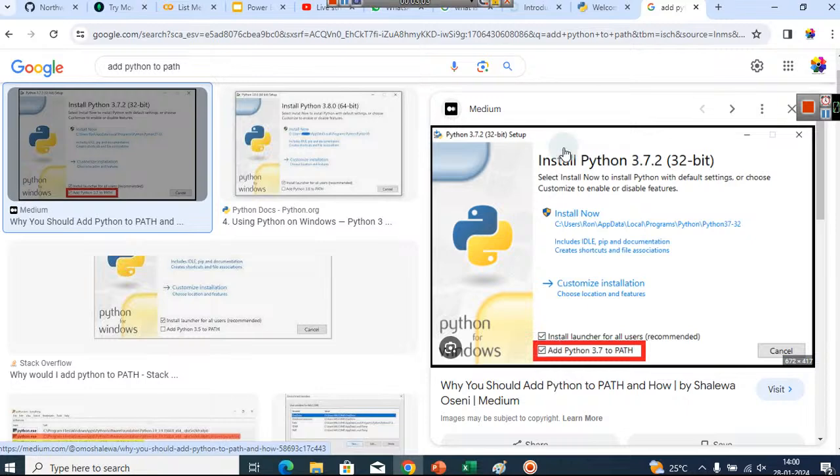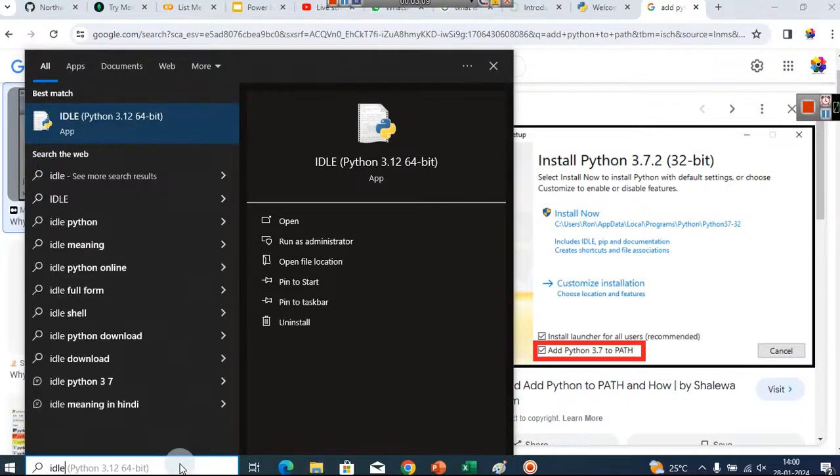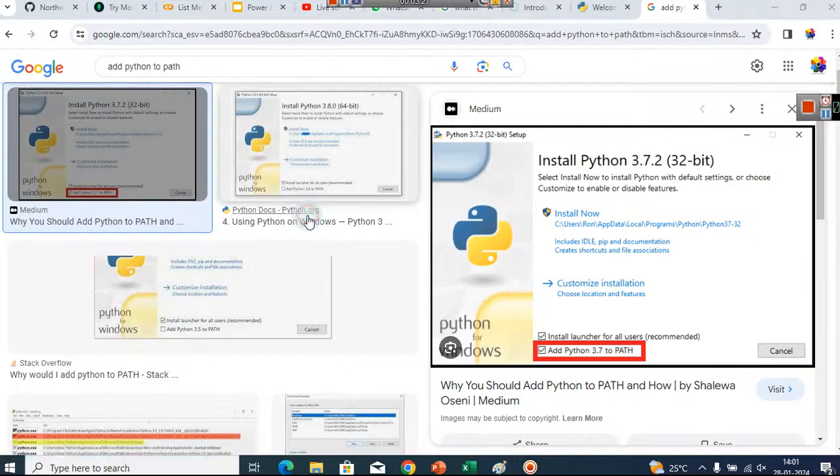Now, after installation, this particular IDE, which is called IDLE, will be installed in your computer, and this IDE will help you in writing the Python code. So let's open this IDE.